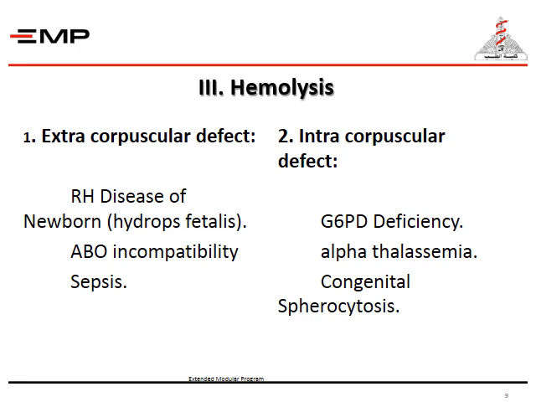And lastly, sepsis. The intracorpuscular defect is a defect within the RBCs itself, which includes glucose-6-phosphate dehydrogenase deficiency, alpha thalassemia, and congenital spherocytosis. All of these causes will be discussed in depth in the hematology